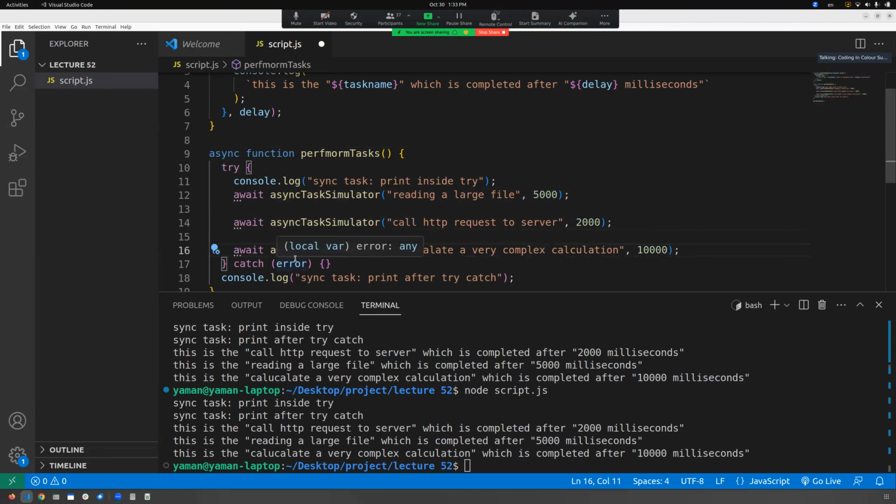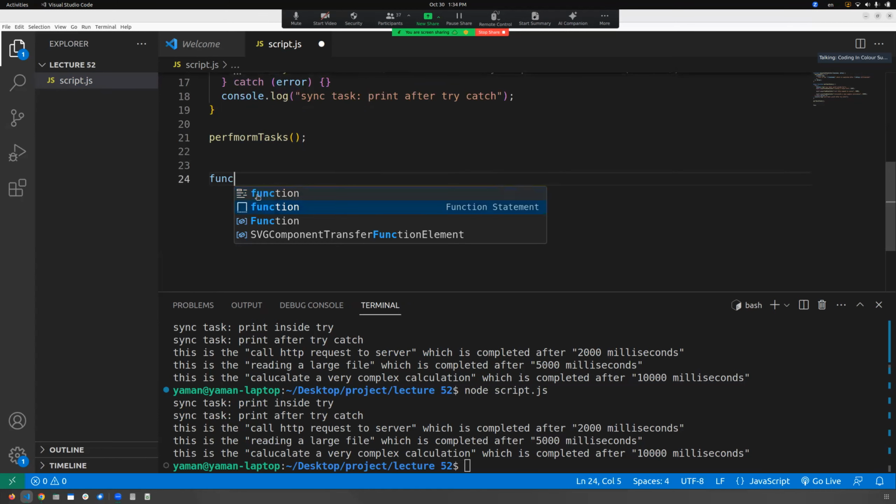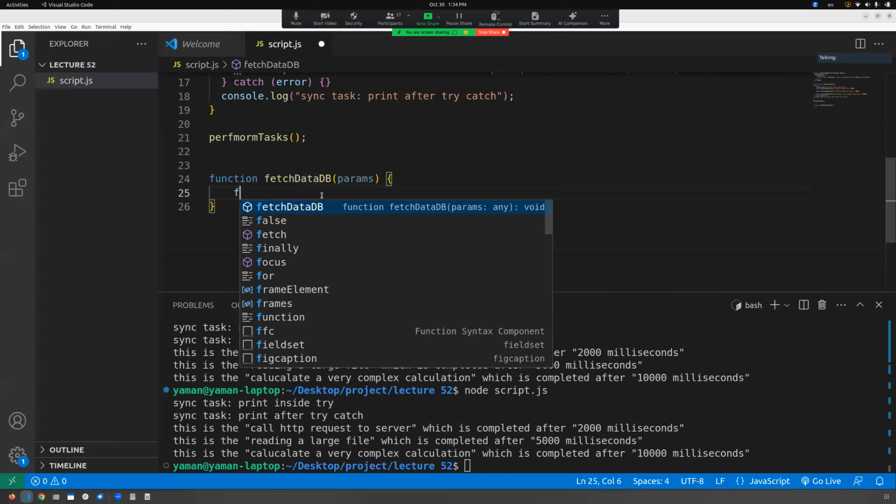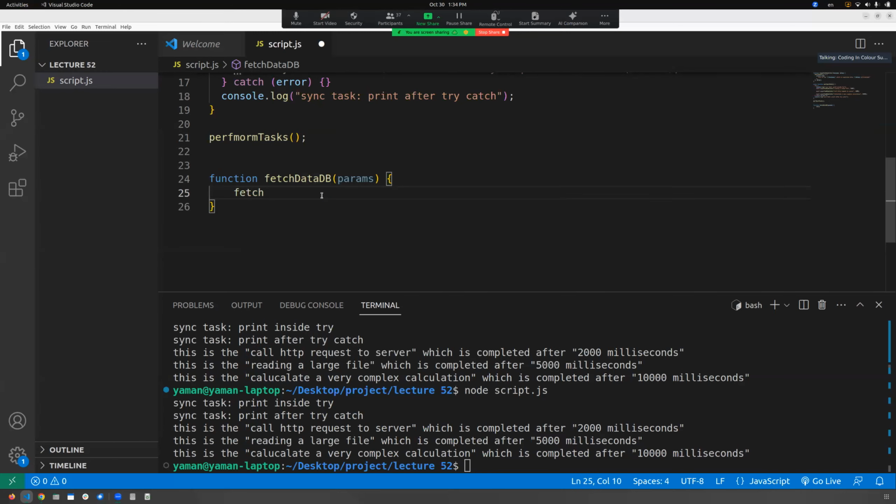So let's say you have data on the database that you want to call, and you just define a function, and you say, okay, go fetch data, and there's an API, and you say fetch, and you have the URL of the API. So if you have any other operations below, they're gonna wait. The program is gonna get stuck and wait until you fetch all the data, and then everything is gonna run after that. But if you do async and await,